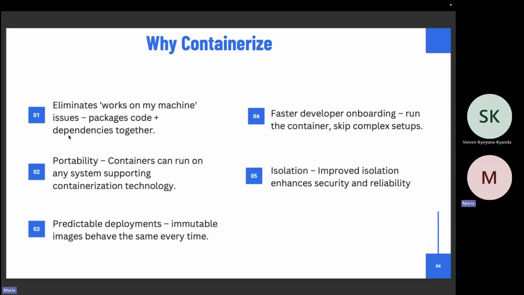The other point is isolation. So previously you have your laptop, you're trying to run 2 Python applications on your laptop. One application is using a requirement that has a different version. The other application is using the same requirements that has a different version. So if you try to run them on the same laptop, there are some sorts of conflicts. So to avoid that, Docker does the isolation, but whatever you're running in that container belongs to that container. It will not interrupt any other application running on your system.